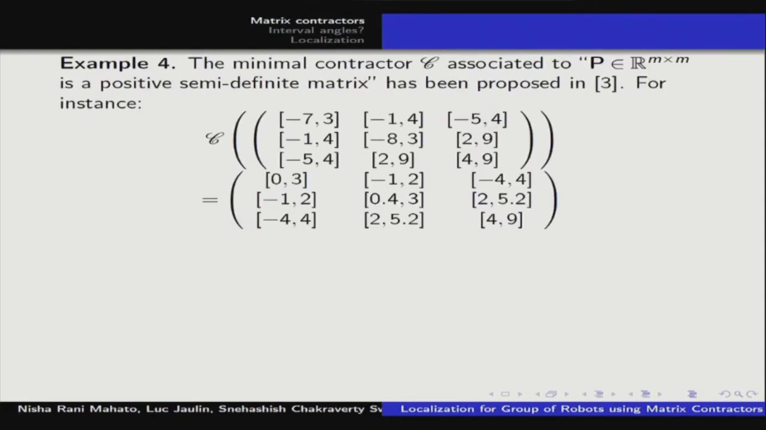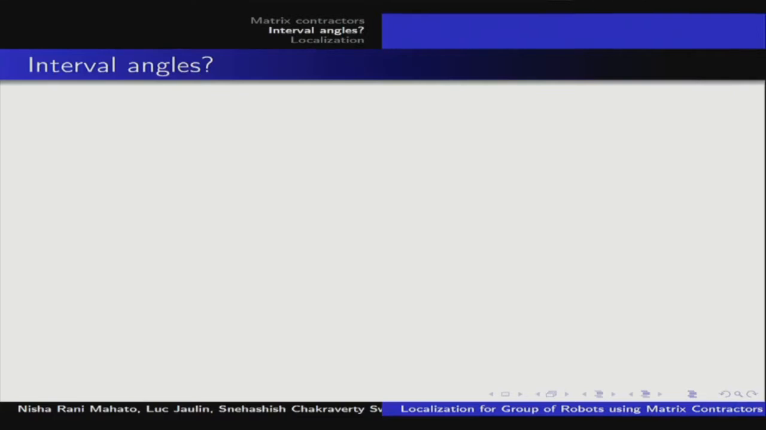Another example is the contractor associated to a matrix being positive semi-definite. In this case, since the set of positive semi-definite matrices is convex, there exist some convex methods such as the LMI method, which make it possible to contract optimally an interval matrix with respect to the constraint of being positive semi-definite. It was just to give examples, but in the application I will consider here,